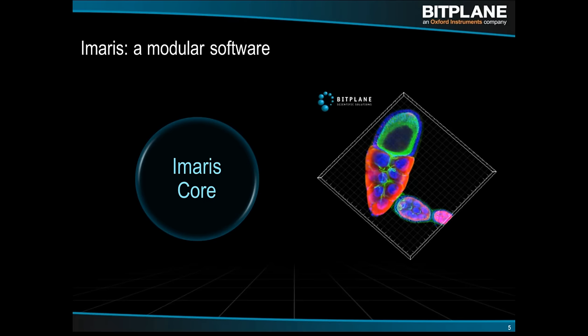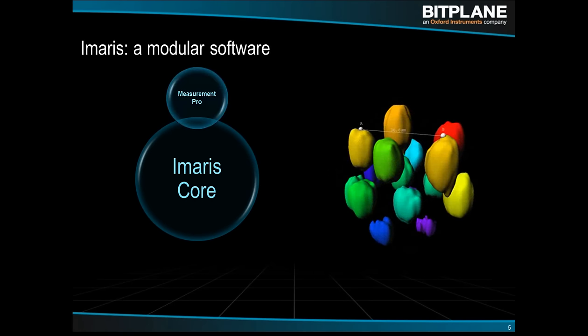But it's all just visualization. There's no information extracted about the intensities or the volumes or the shapes or the distances and so on. If you add to that Measurement Pro, what you see here are some objects detected as surfaces, and there